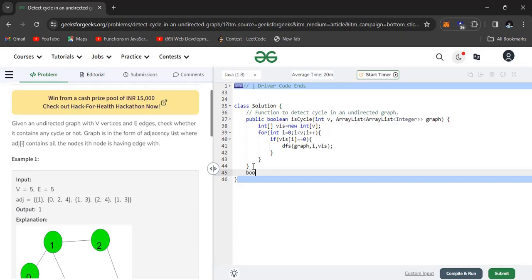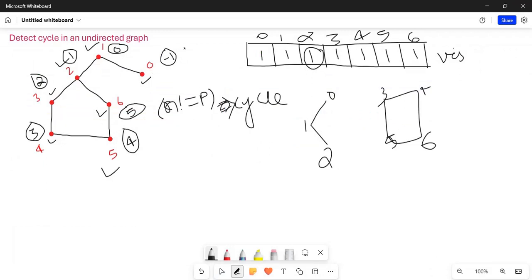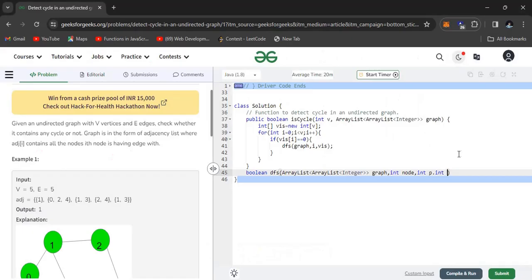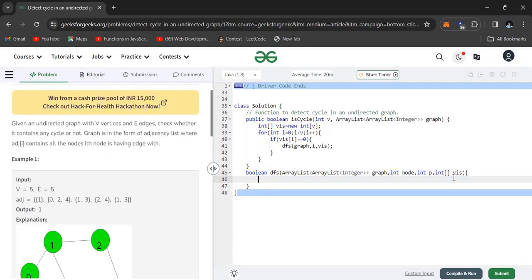The boolean DFS takes parameters: the graph, then the node, one parent, because there will be a need for the parent also, and the visited array. This function will return true if there is a cycle, otherwise it returns false.